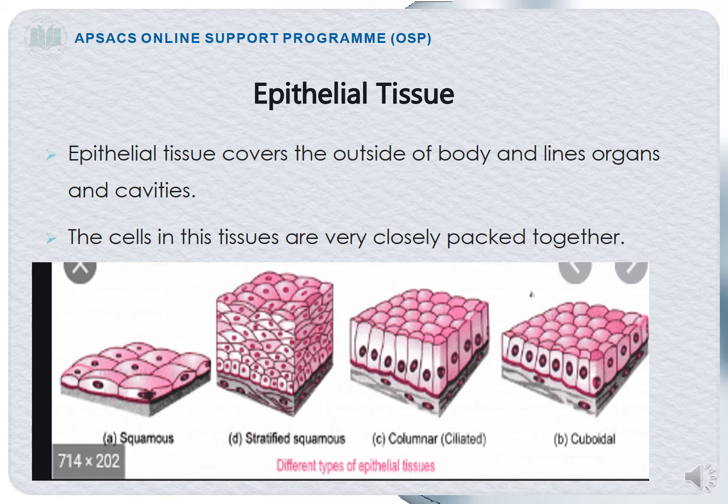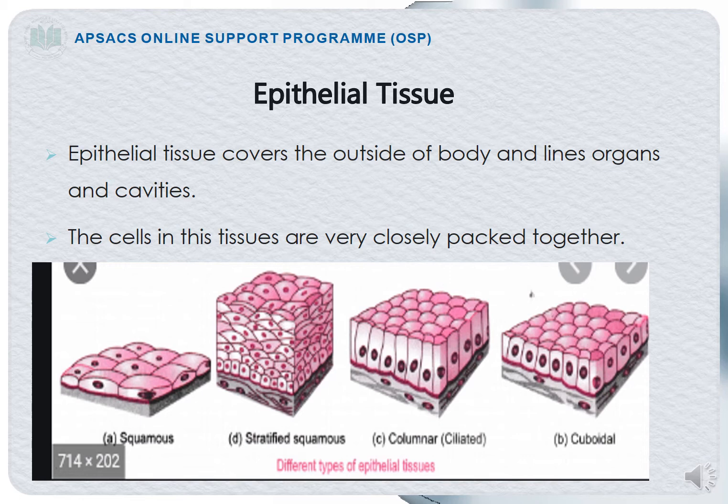So it has layers of cells. Third is the columnar ciliated. They are provided with, or they have, a lot of cilia. Fourth is the cuboidal, as it is in the shape of a cuboid, so it is named the cuboidal epithelial tissue. If we talk about the functions of these types, the squamous tissues are found in lungs,